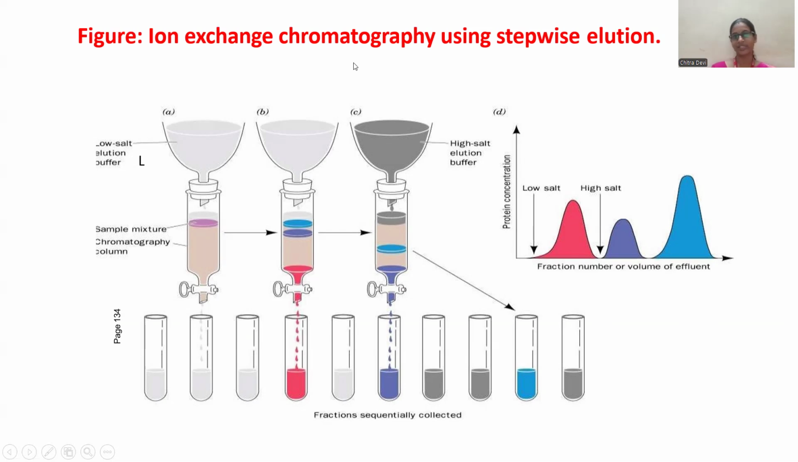Then continuous elution will be there. The blue and purple, with less affinity, will come next. Then the third, with higher affinity, will come out last. So you can see in this chromatogram, protein concentration versus volume. Out of these three, the blue has the highest affinity towards this resin. In this way, the components in a mixture can be purified with the help of